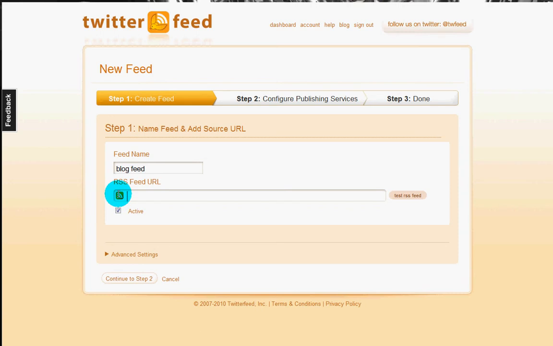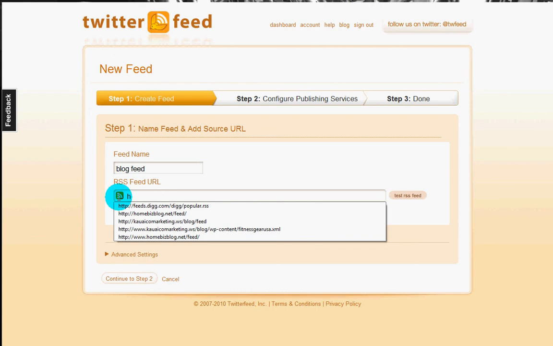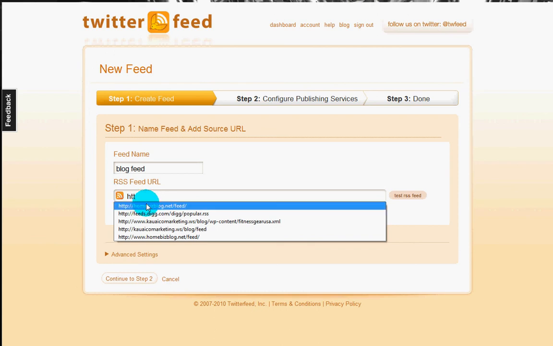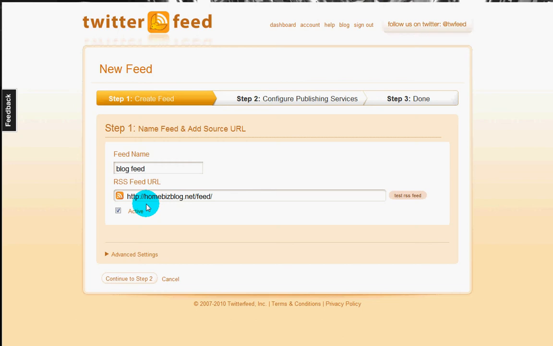Now I'm using Firefox in full screen mode, but if I was just in regular browser mode, if you'll follow my cursor down to the bottom left hand corner, anytime that I hover over a link, it shows me in that bottom left hand corner of my status bar where that link's going to take me. So the quickest way is to just hover over that RSS feed URL, and you'll see on your blog where that RSS feed URL is. So ours for this example is homebizblog.net/feed,